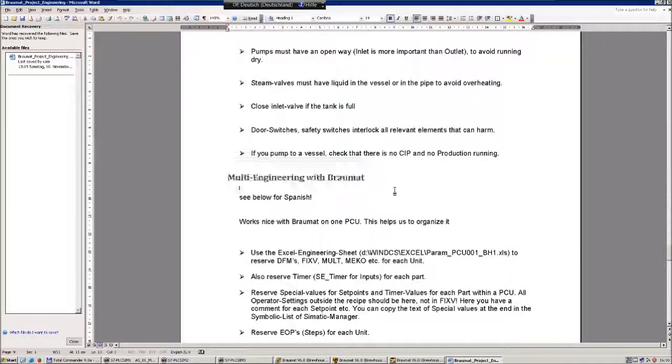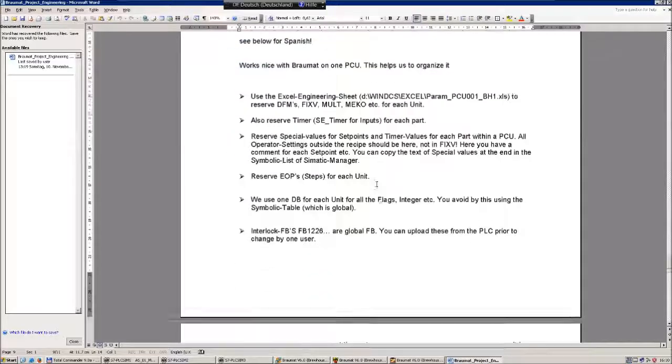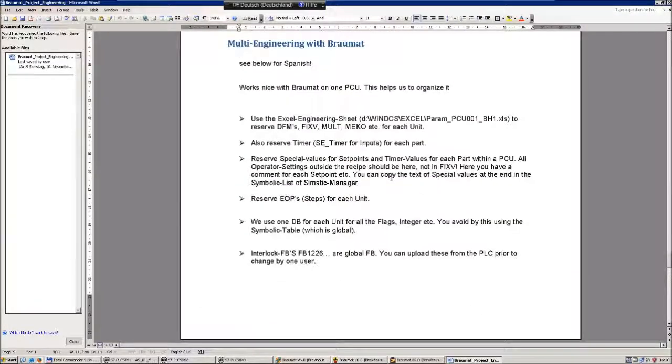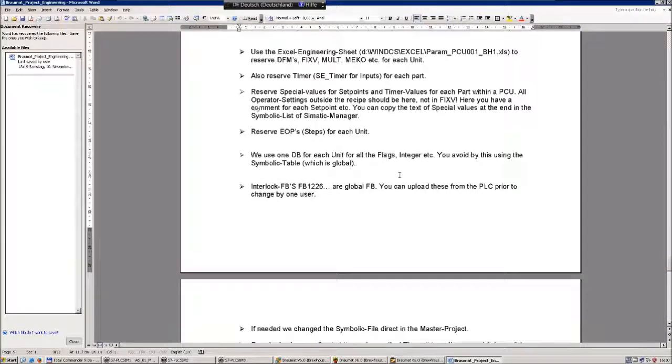Multi-engineering in Braumat is about having two people working on one machine, on one PCU. That's not so easy, but you can do it in Braumat if you follow some rules. You have done it. For example, if you're in a hurry and you need somebody else to do commissioning with you, it's possible to do it on one machine, on one PCU. And if you follow these rules, that you don't override each other,